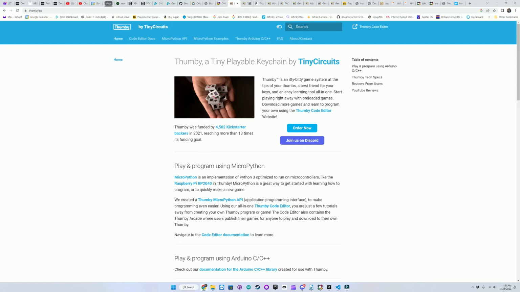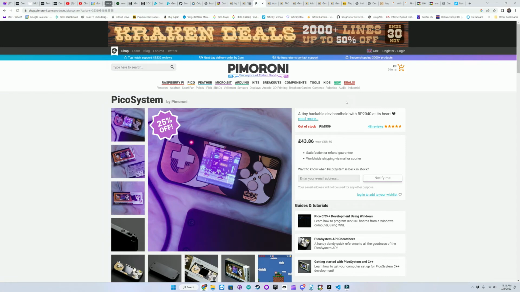Next episode, I will be showing a port of Invader to the PicoSystem from Pimoroni, a small handheld device that also uses a Raspberry Pi RP2040, the same one that the Thumby uses, programmed in MicroPython, C or C++,